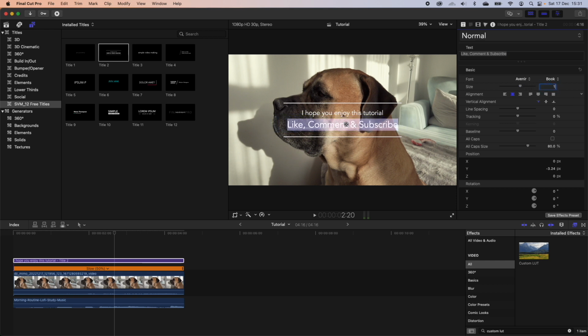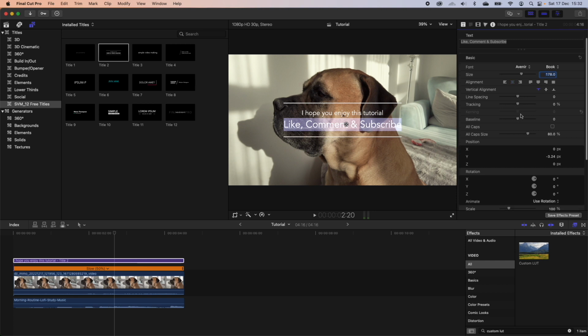So let's say if we've done 120 for instance, you'll see it'll resize accordingly. Okay, the next bit is the alignment, so you can make it left aligned, middle or right. And there's also the option for line spacing. So if you've got multiple lines of text, you can adjust the amount of space between each line. The tracking will allow you to adjust the amount of space between each letter. Then you can click the undo reset icon at the end to bring that back to as you